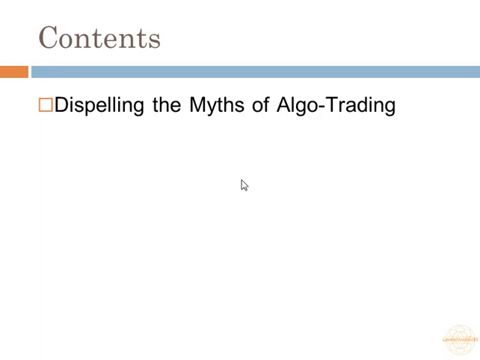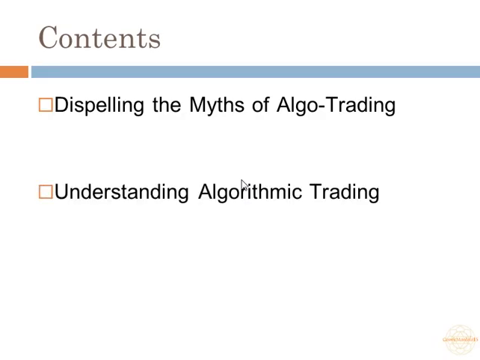Here, we will draw parallels to travel options such as traveling by train and traveling by planes, to trading options such as trading manually and trading using algorithms. Part 2 of this seminar deals with developing a better understanding of algorithmic trading as a process. Here we will draw parallels to the modern computer and its evolution into the product it is today.